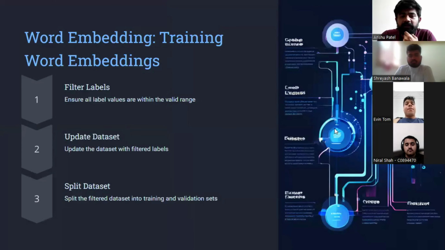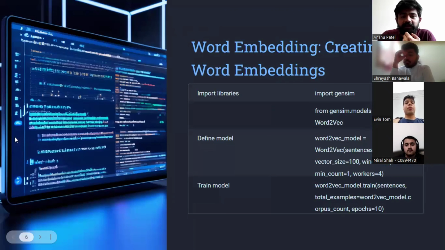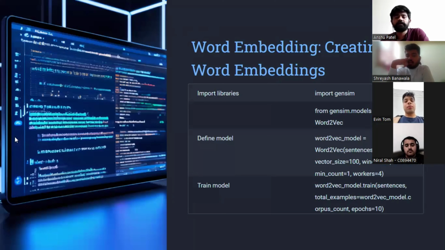The window size parameter defines the context window, or how many words to consider to the left and right of the target word during the training. A window size of 5 is commonly used, capturing enough context to understand the word's meaning. So after defining the model, we train it on our sentences,